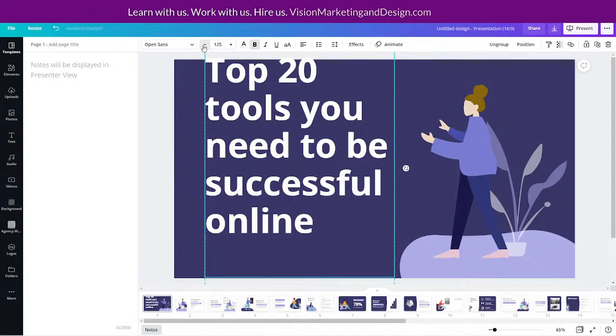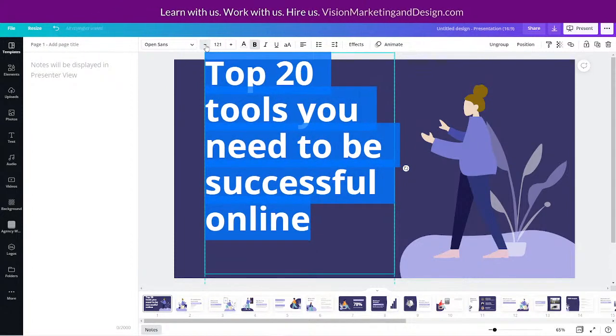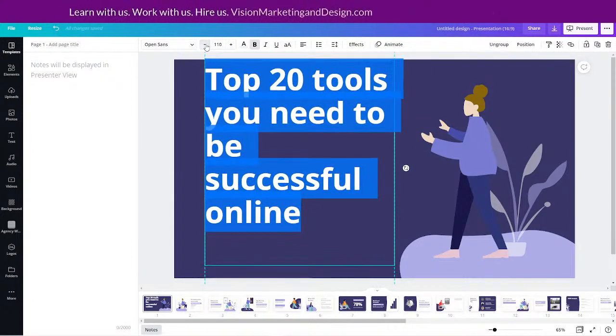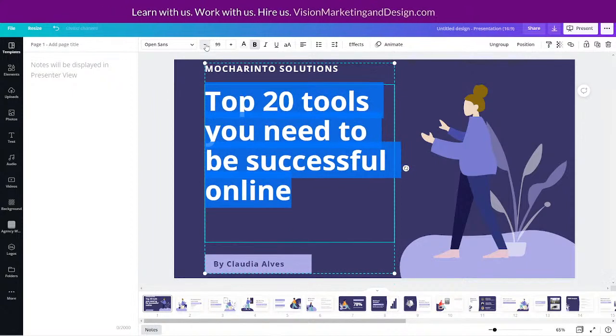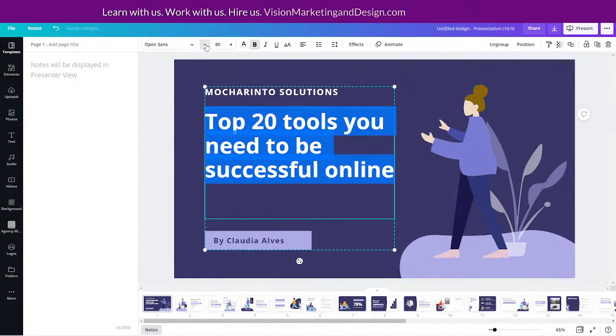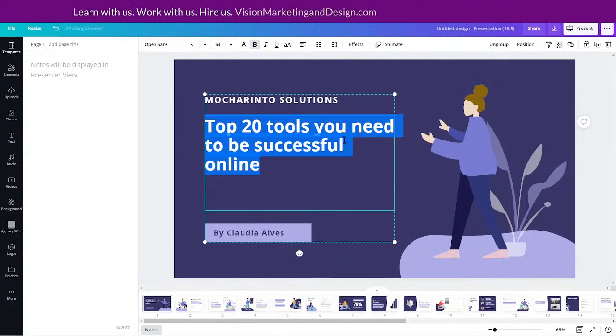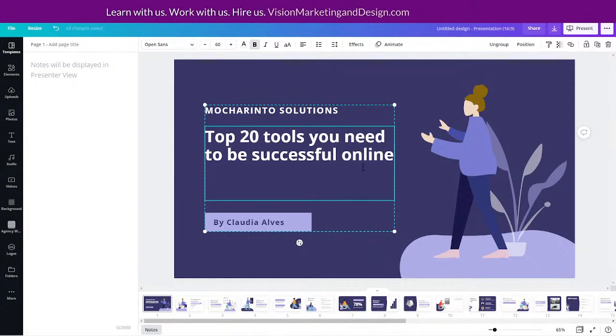Okay, now this is too large, so I'm not overly concerned about it, except the fact that it's just so large it's going off the page. So I just need to shrink this down a little bit until it doesn't look so weird. Again, I am definitely not going for perfection, just trying to go for where it doesn't look weird, that's what I'm going for.